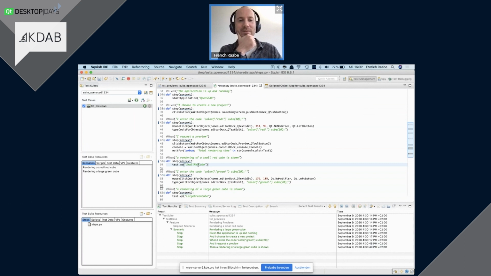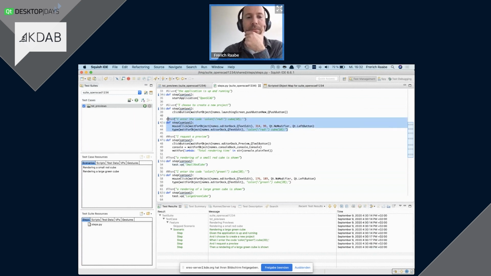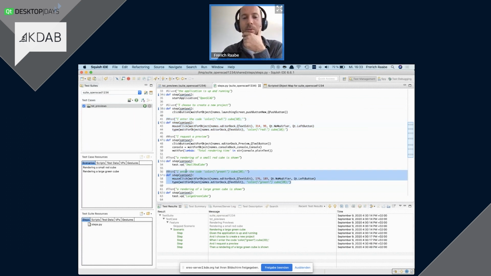Now, if you squint a little bit, you can see that there are some steps which look remarkably similar. For example, we have this step when I enter the code color red cube 10, and we have this step when I enter the code color green cube 20, which are basically the same.